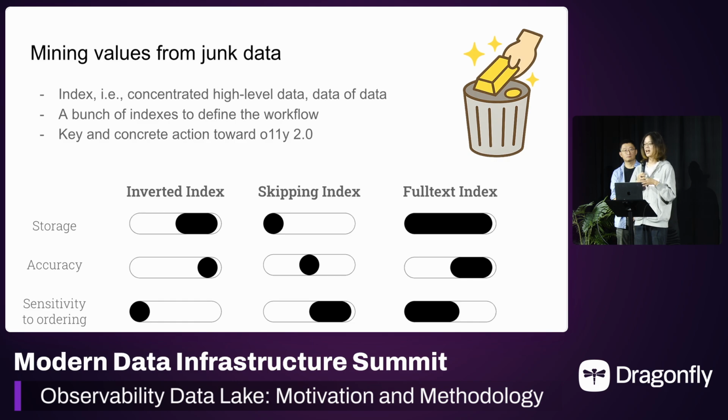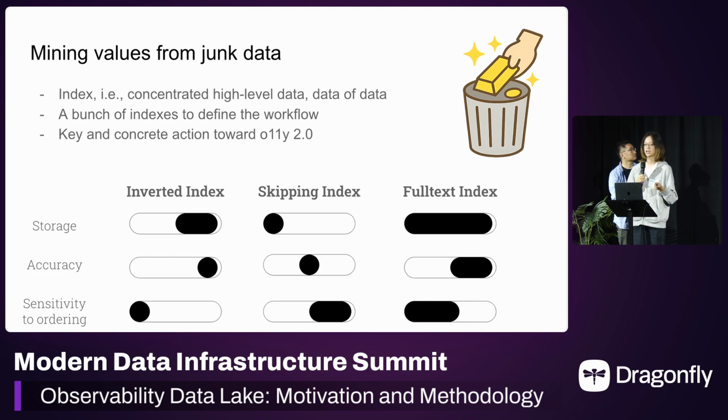In our practice, we use the index to define our workflow and our workload. For example, the three most common indexes in GreptimeDB are the inverted index, the skipping index, and the full text index. From the names, you can figure out they are for different data and different user scenarios. The inverted index, which is